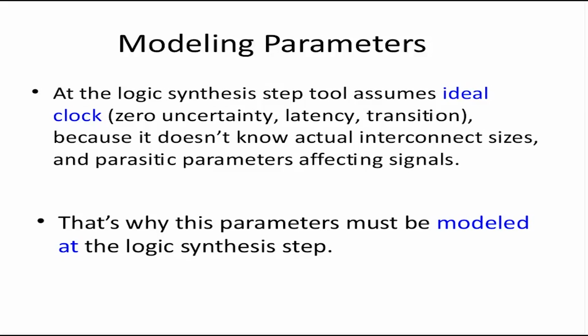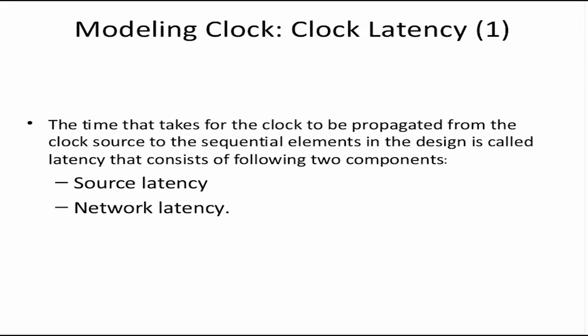It will not have any uncertainty by default, no latency, no transition, because it doesn't know anything. This is why these parameters must be modeled at the synthesis step. What it should know is the period, because that defines the performance parameter, and the waveform. These two are important. These two come as part of the create_clock command,